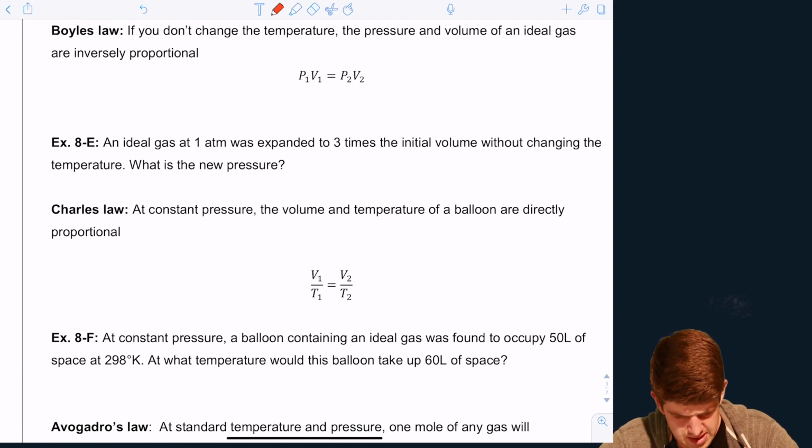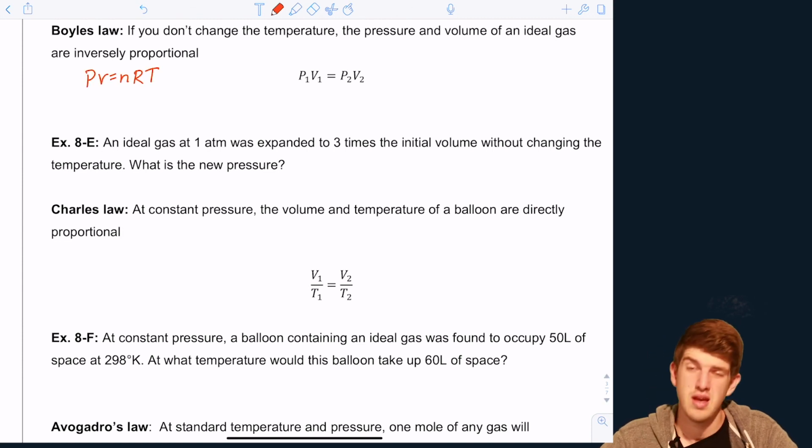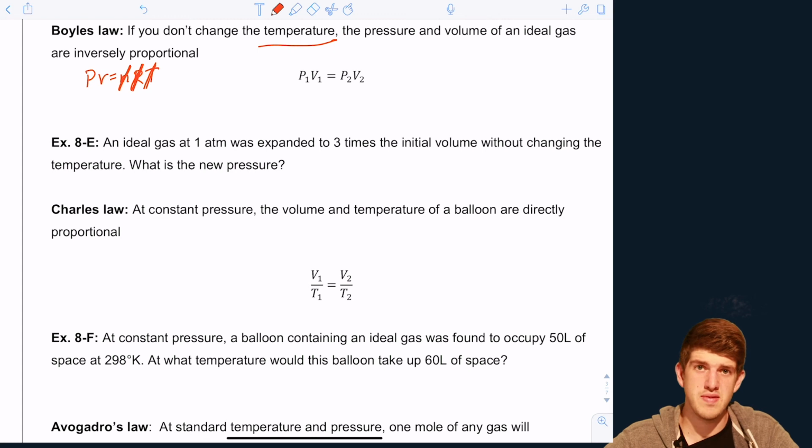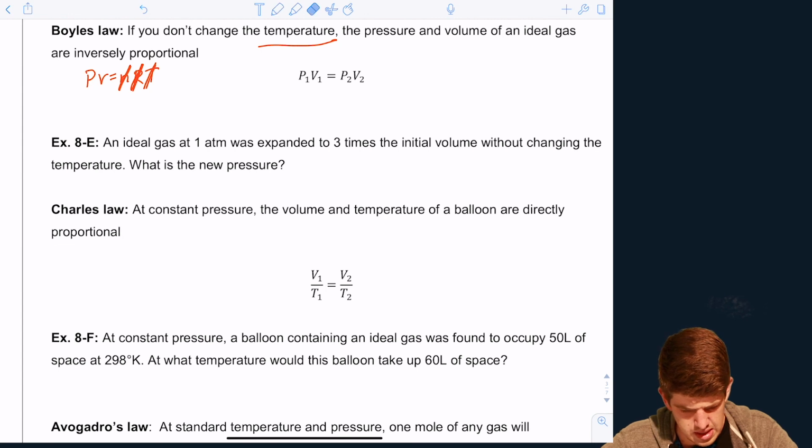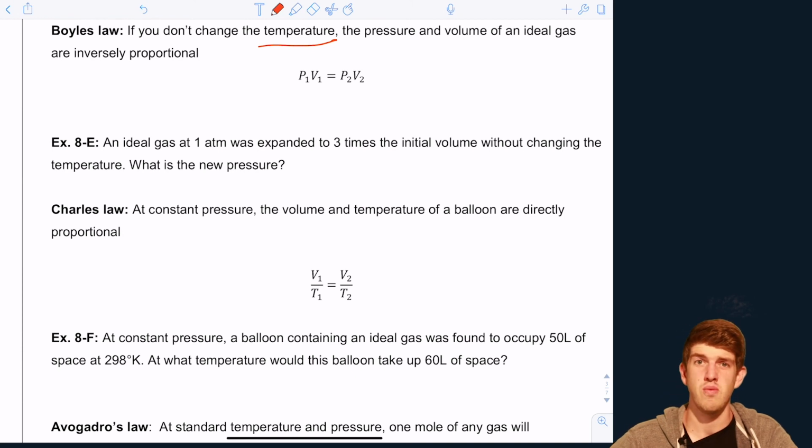So for Boyle's law, this kind of makes sense that if we don't change the temperature, the pressure and volume are inversely proportional, just because PV equals nRT. The ideal gas law states that we have a non-changing amount of the gas, so moles are constant. The universal gas constant is constant, and the temperature here doesn't change, so that's also constant. So the properties of this ideal gas are going to directly just depend on the pressure and volume. That means that the pressure and volume before will also be equal to the new pressure